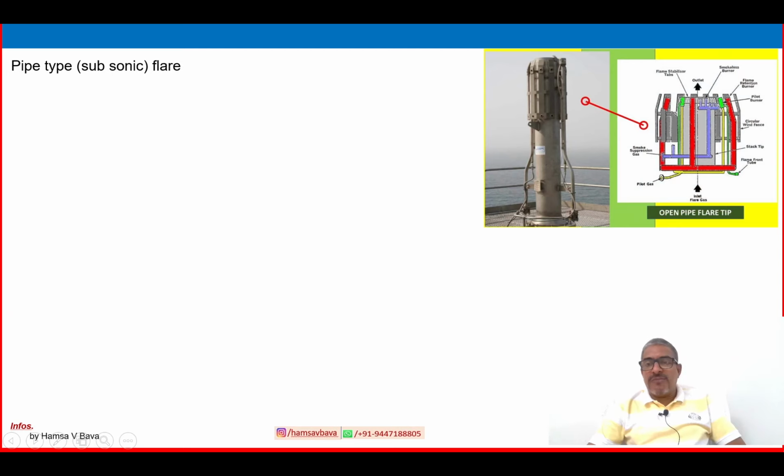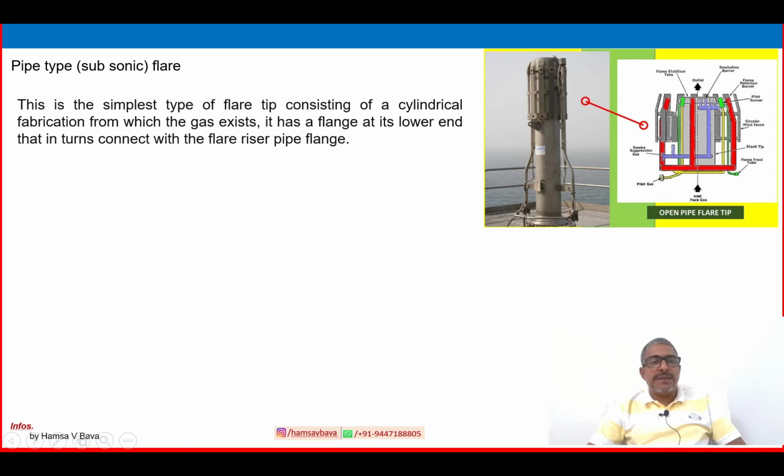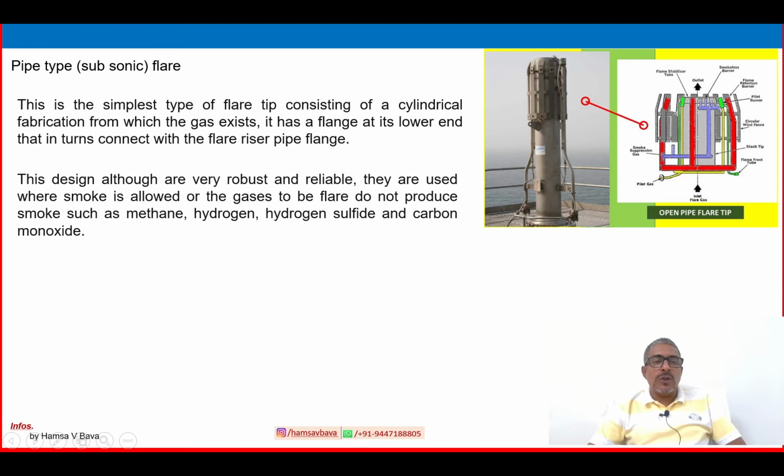Another one is the pipe type flare, mainly used for LP flare. This is the simplest type of flare tip, consisting of a cylindrical fabrication from which gas exits. It has a flange at its lower end that in turn connects with the flare riser pipe flange. Here you can see the flare tip arrangement. The design, although very robust and reliable, is usually used where smoke is allowed or gases to be flared do not produce much